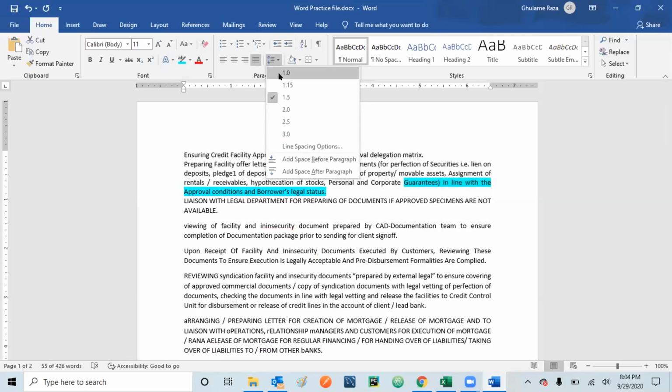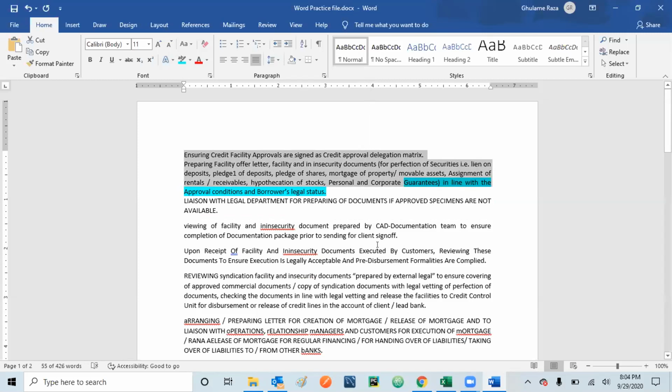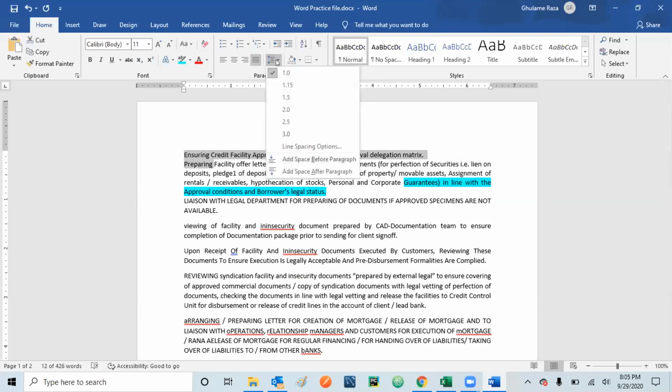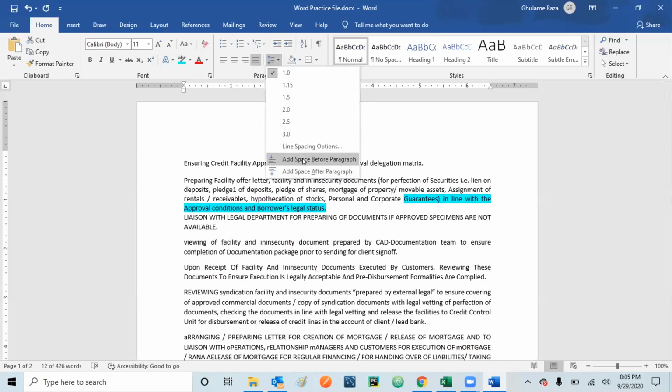So let me bring it to the regular one here. And then you can see, because it's in a similar way which was before, but the only thing is this time I selected the distance between the two paragraphs as well. So now they become near to each other. Previously, the distance between the two paragraphs was somewhere around